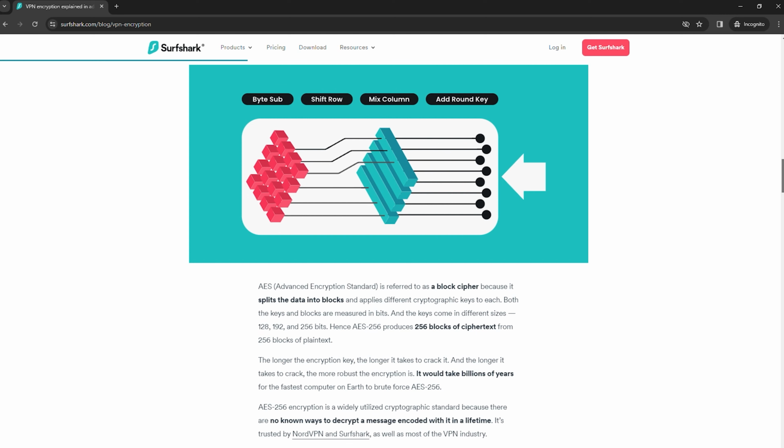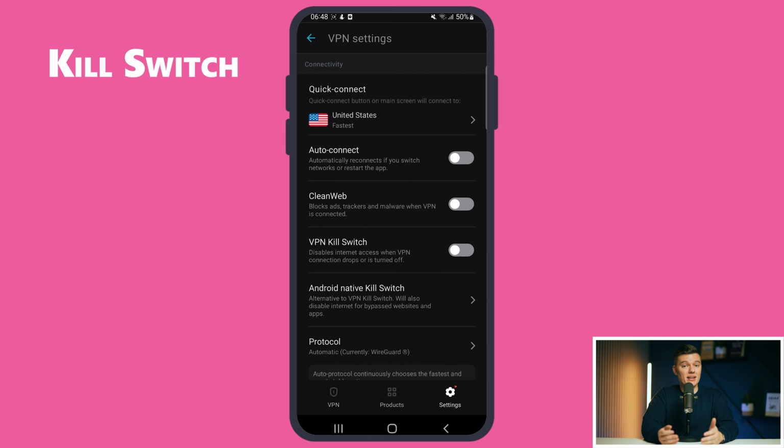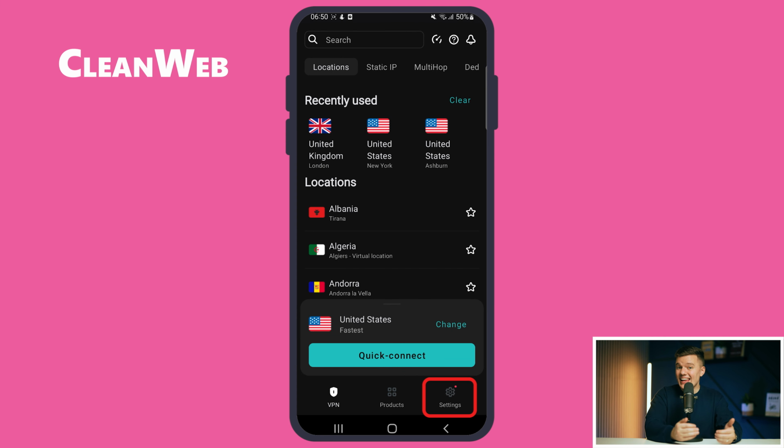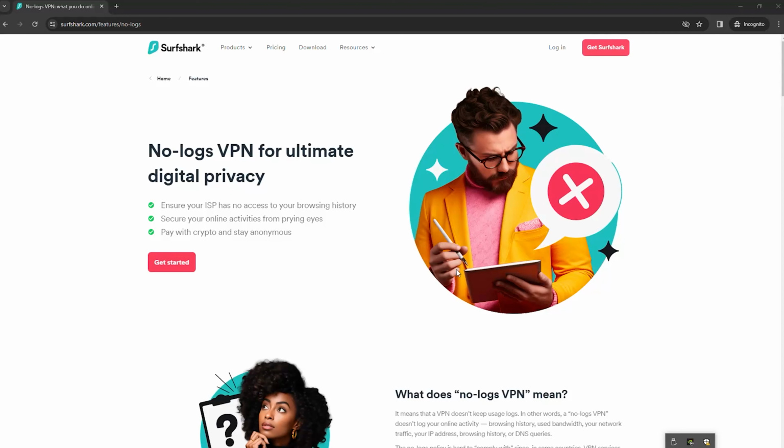that your online activities are secure and encrypted. They also have a kill switch, which maintains your privacy in case your VPN connection drops, a feature vital to maintaining your anonymity online. CleanWeb blocks ads and malicious websites, ensuring a safer and smoother browsing experience on your Android device. Surfshark's commitment to privacy extends to its no logs policy, ensuring that your online activities are not recorded or